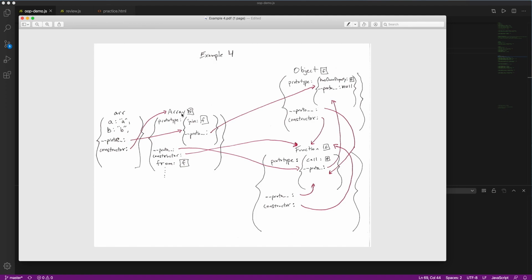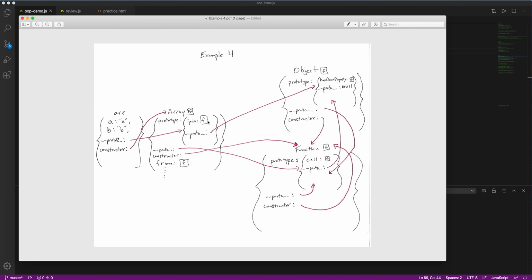Well, it refers to the prototype property on the array function, which references another object, which has a bunch of built-in functionality, as we looked at in the last example for arrays, which shows things like join,